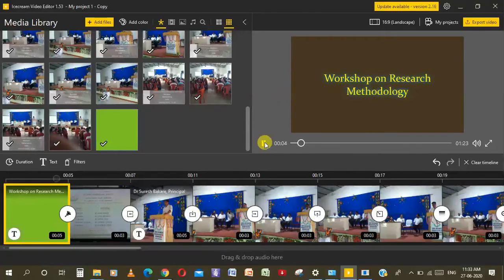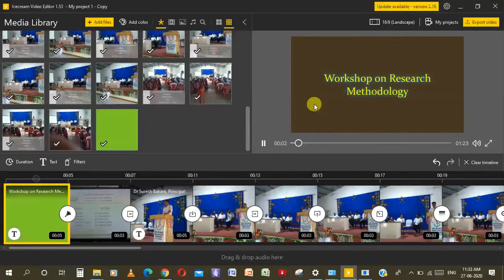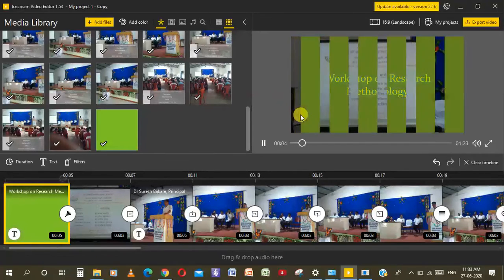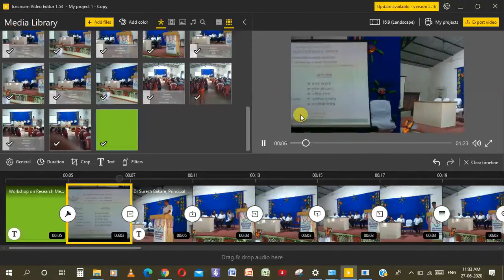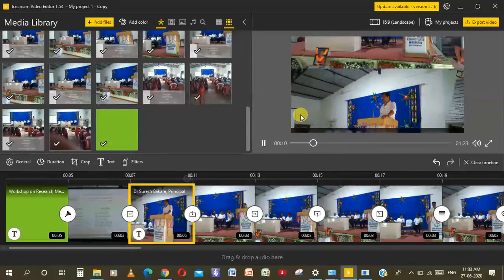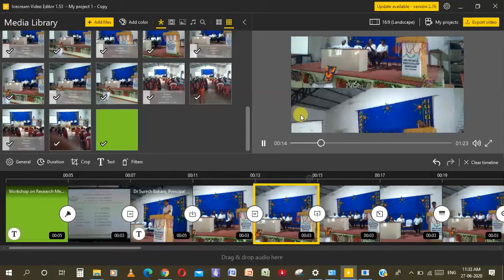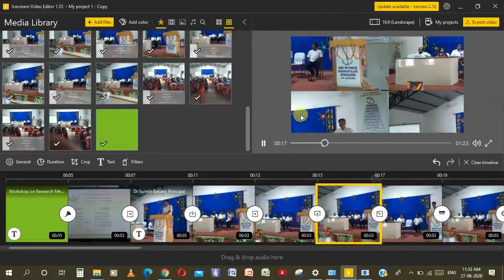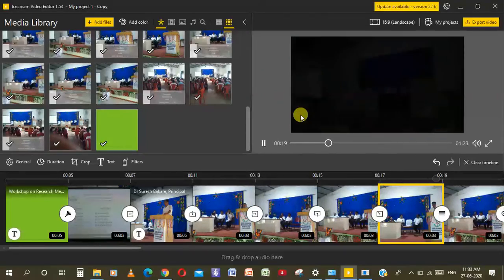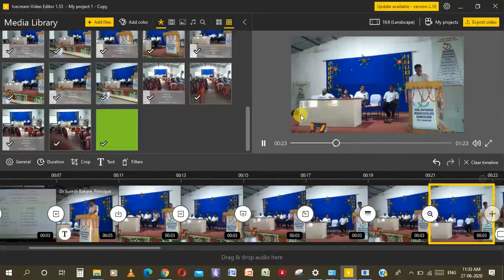Look, this is what we wrote, the title one. This is for 5 seconds. The next is for, look, now this name will appear like this. Another one. Now look how the images are sliding automatically with enhancement. Whatever command we have given, according to that they are going to slide.